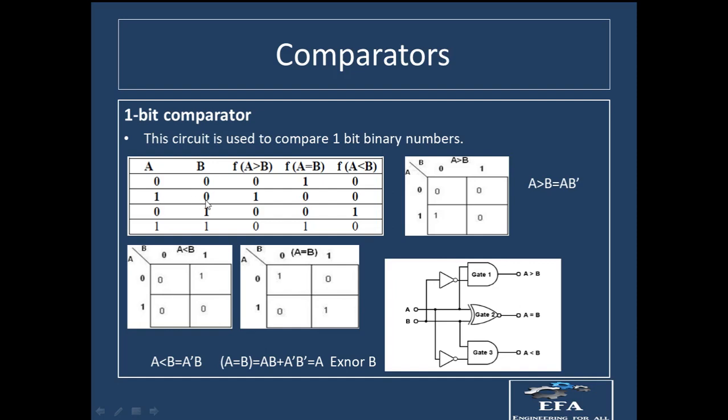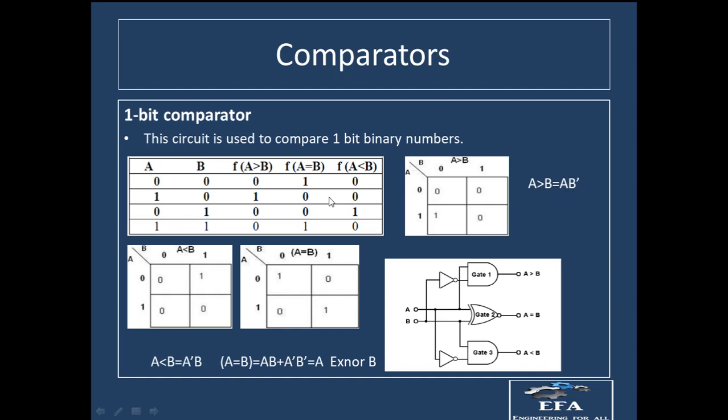If you want to solve it with the help of the K-map, again you can see at this position we have the value equal to 1, and the rest are all 0. So this is A1 B0, therefore it will be equal to A B complement. So first of all, the first output is equal to A B complement.